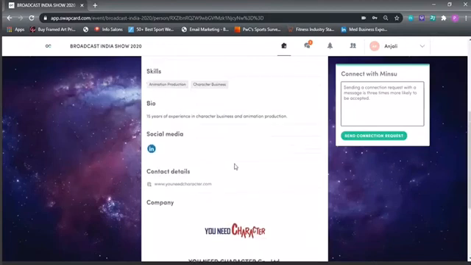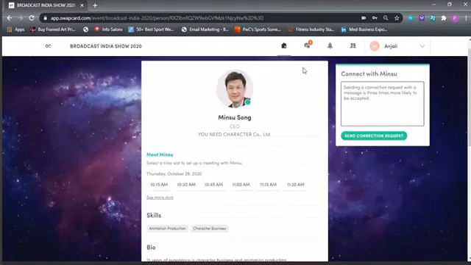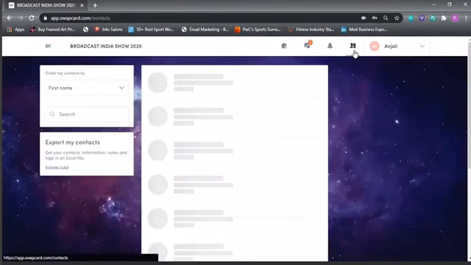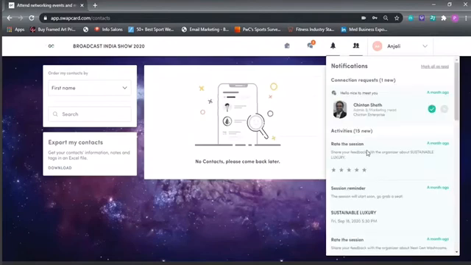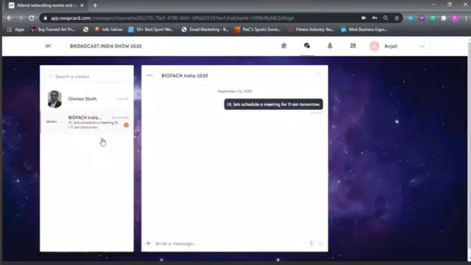So that's about it. That's how simple it is to connect on a platform. All the networking options and all the notifications appear over here. If you have sent any connection request or any pending request, or if anybody is connected, it comes in the notification bar. This notification bar gives you an update of who is connected to whom and what all activities you have done and what the updates are. This is the chat bar, wherein if you're connected to anybody, you can start connecting, and all the notifications appear over here. So it's pretty simple when you're connecting to an exhibitor or attendee to attendee.